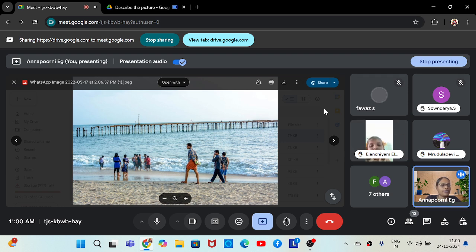Okay, ma'am. Okay, good. Yes, Saina, you can describe. There are some people on the beach walking and looking at the beach. Some people are in the ocean and talking, and some people are just standing and looking at the sunset. And they're also seeing the bridge and looking at the ground and playing with sand with their feet. And that's it, ma'am.